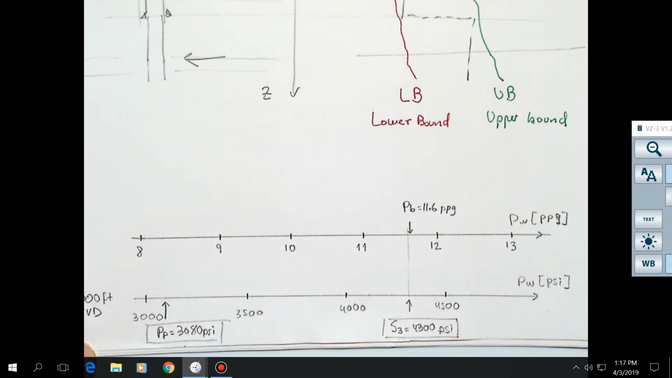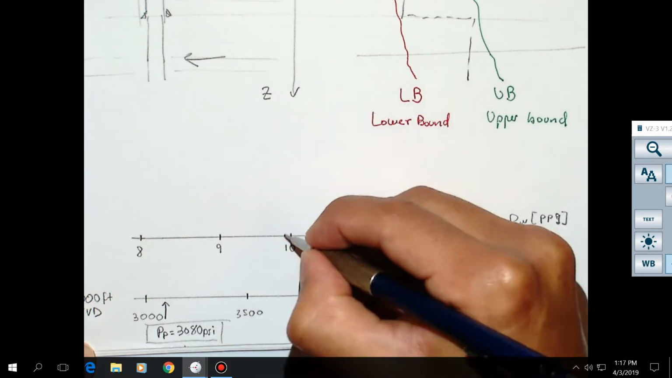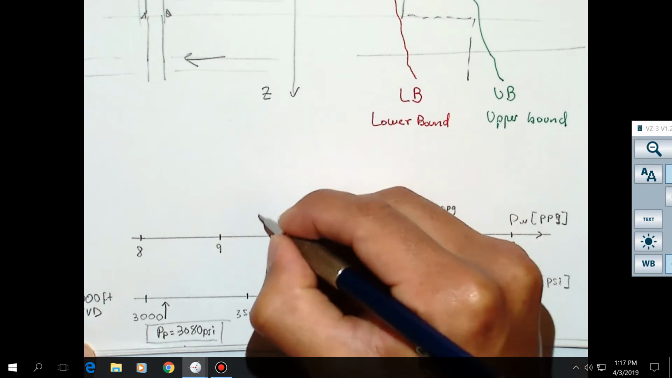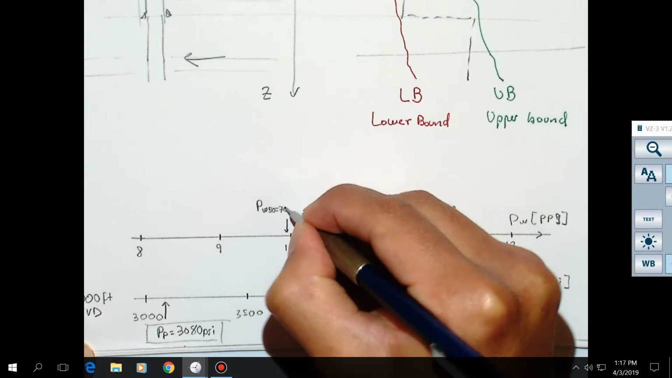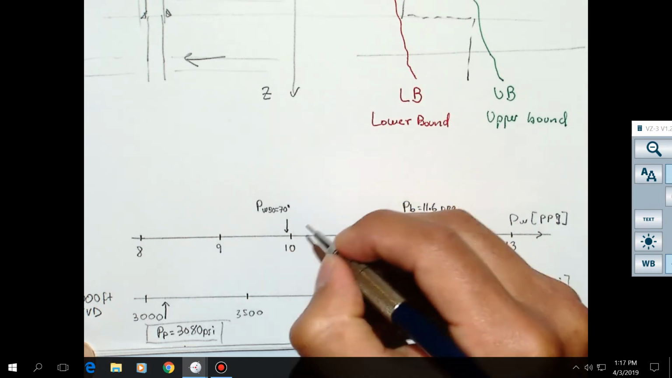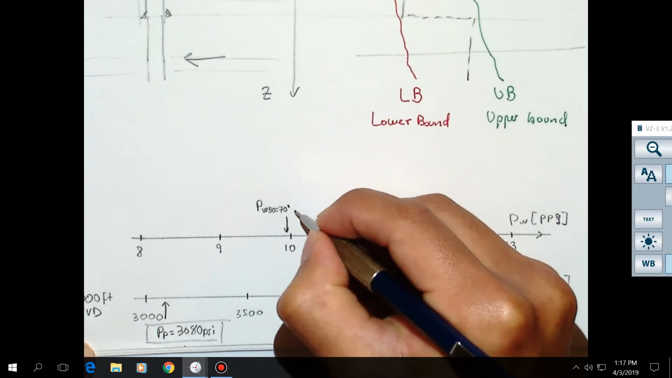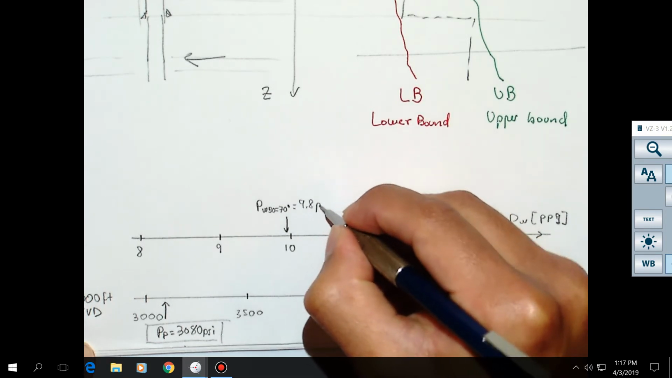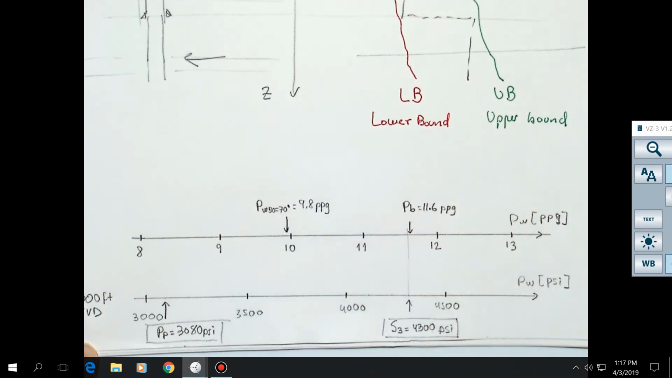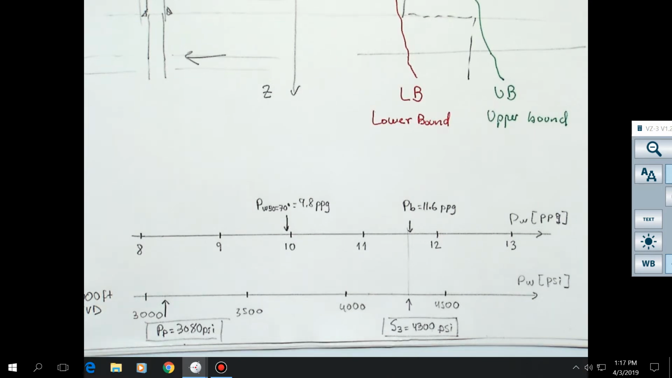equal to 3660 and 9.8 pounds per gallon. So PWBO 70 degrees, it was right here, and it was equal to 9.8 ppg. Okay, so now we have a little bit more data here in order to constrain the stability of